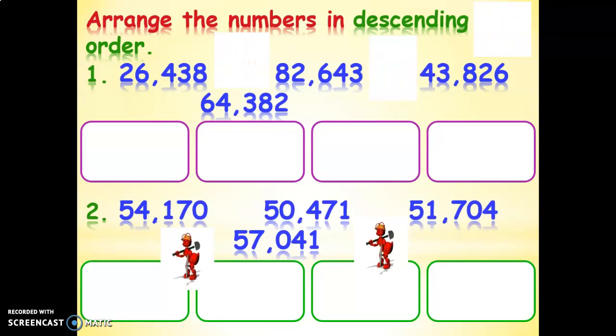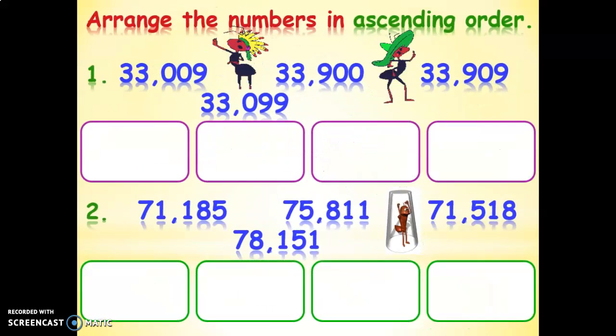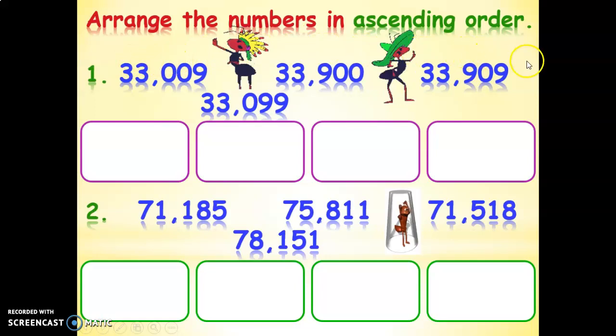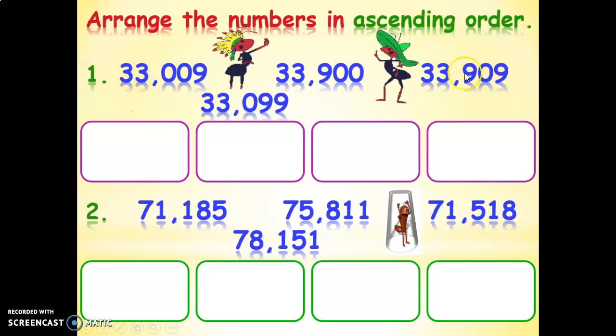Now, if you are ready, you can now see the correct answers. So for number 1, again, arrange the numbers in ascending order. So from what we have reviewed, ascending order means you have to start from the smallest, going up to the greatest number. So from these 4 numbers, the smallest number is